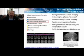I mentioned, of course, that there is a big focus from the Brain Initiative on human neuroimaging and on developing novel techniques to modulate activity within the human brain. And although our focus is on basic science and technology development, this human component is important because as quickly as we can, we want to allow for the translation of these technologies into